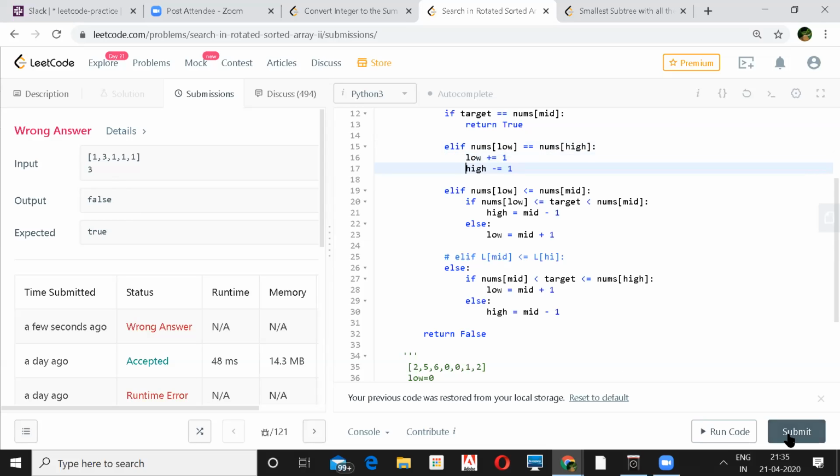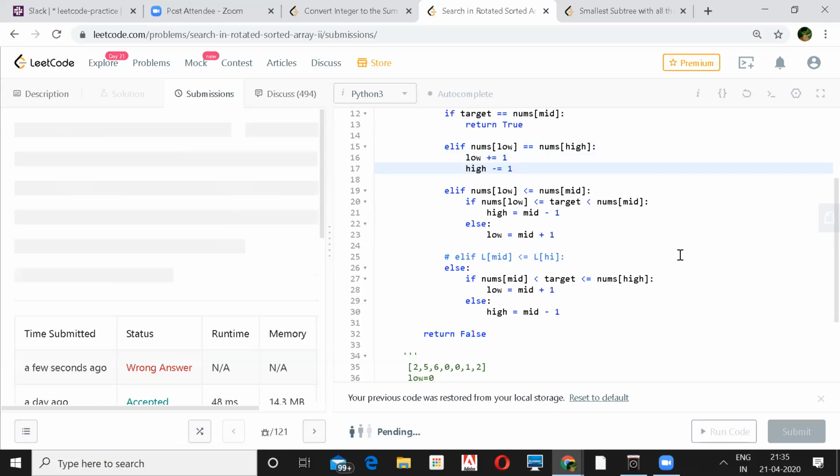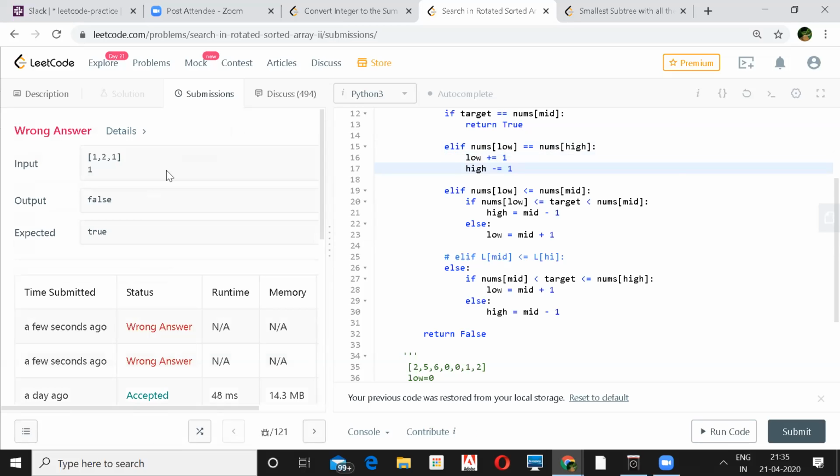Then let's submit it. Yeah, that's because we are looking for one. So you would have to keep a condition there, checking if nums low or nums high is the value you want. This failed regardless of whether you had mid or not. And we have to check if it is the target or not. If they are duplicates and they are the target, then it was taken care of, but here it was irrespective of that. Interesting. Good. Thank you.